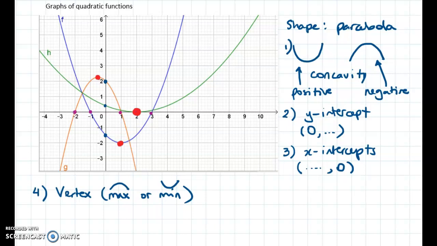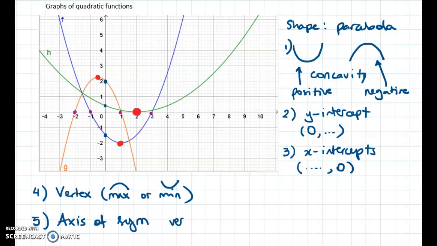So that's a vertex, and that's another important point. Another property of the vertex is that if we draw a vertical line going through the vertex, and then we try to fold the parabola with respect to that line, we'll get the two branches to coincide. So we have what we call the axis of symmetry. So this is number 5, axis of symmetry,